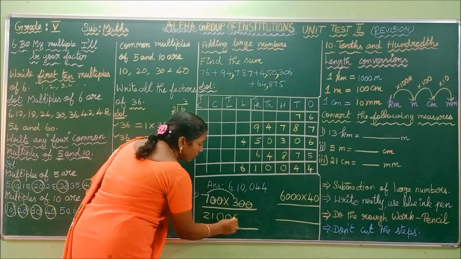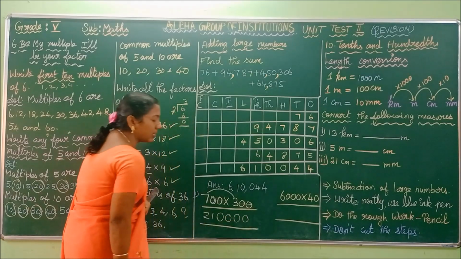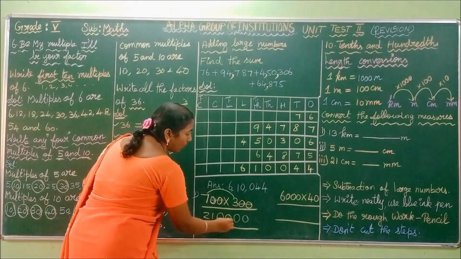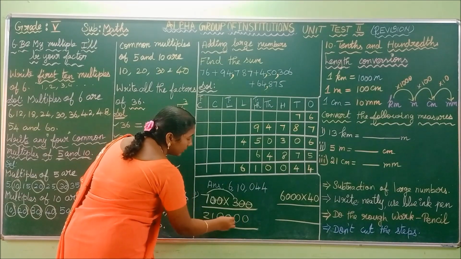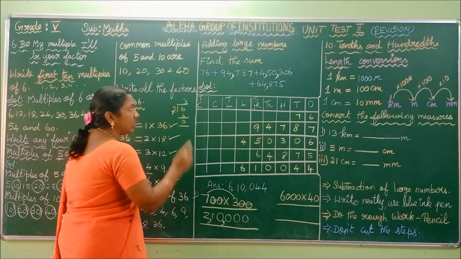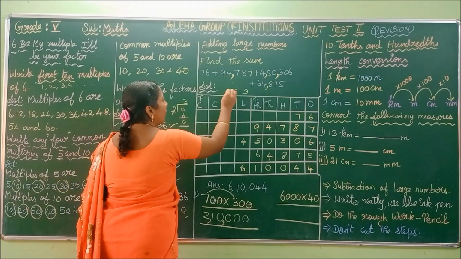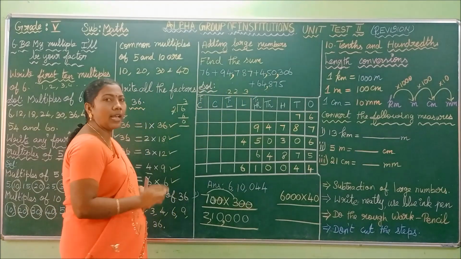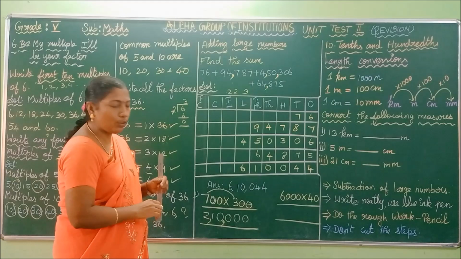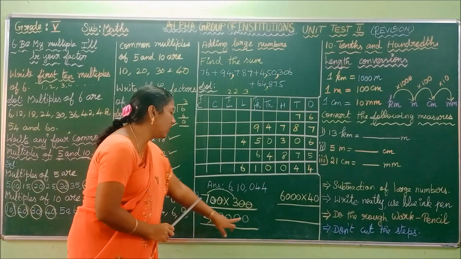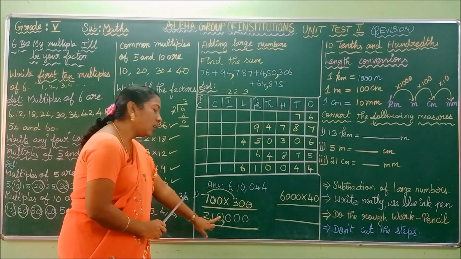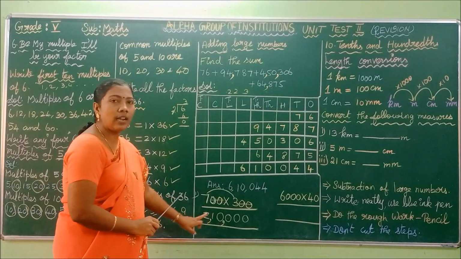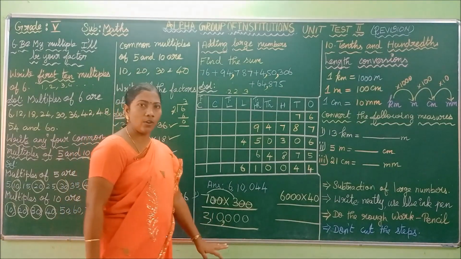1, 2, 3, 4. Do you understand? After that you have to place the comma after the first 3 digits and then every 2 digits as per the Indian system of numeration. Okay. So how can I read this? Ones, tens, hundreds, thousands, ten thousands, lakh. So 2 lakh 10,000. Do you understand?